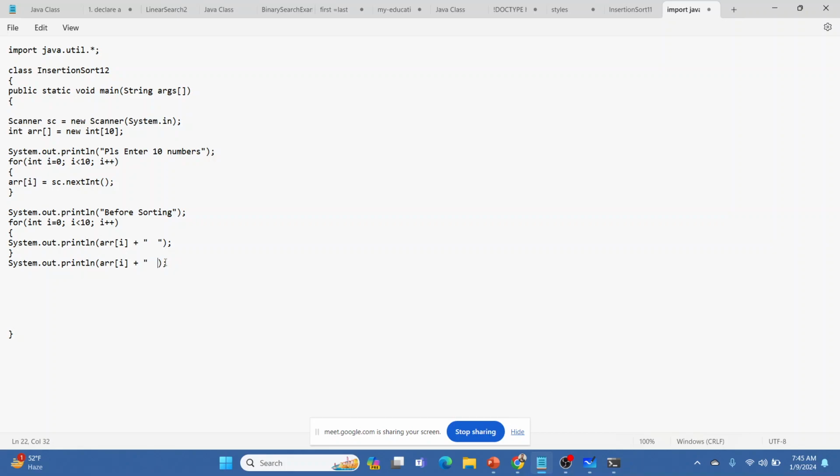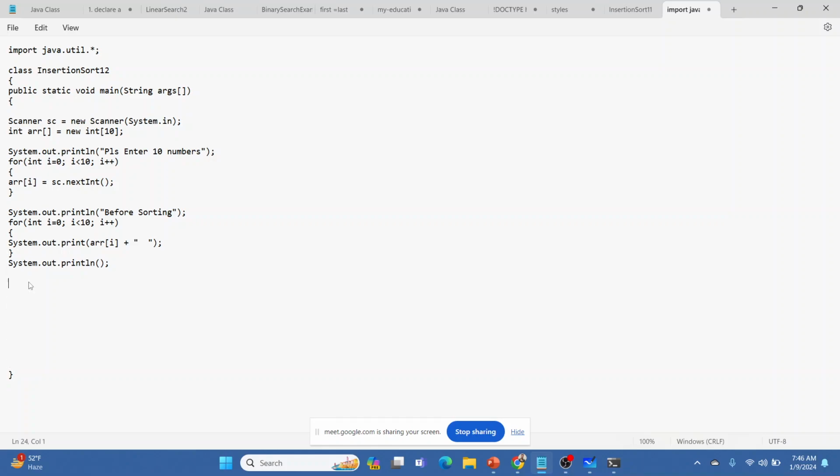You can also use backslash n for the next line in the print part. Remove the println from here and put println after the array loop. So now before sorting, this will be the result.